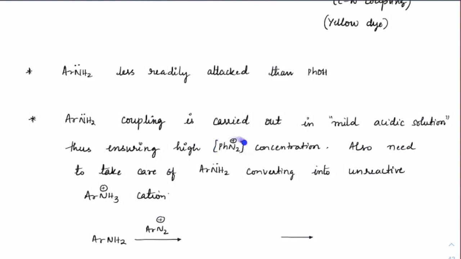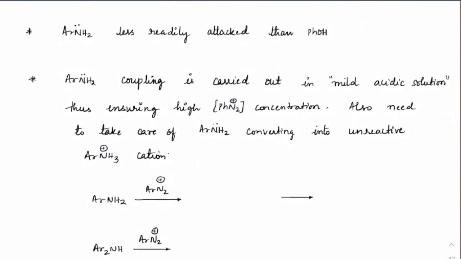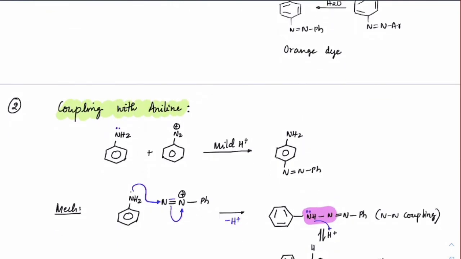Why? First, we need to have a high concentration of diazonium salt, because if you recall the diazonium salt, PhN2+ Cl-, if I have H+, it can become HCl plus PhN2+. So it will increase the presence of the diazonium ion. And second, we also need to take care that if you use an even slightly stronger acid, it will become an unreactive anilinium cation. So these two have to be taken care of. So what is the best pH we can go for? The best pH range is around 5 to 6. Important.